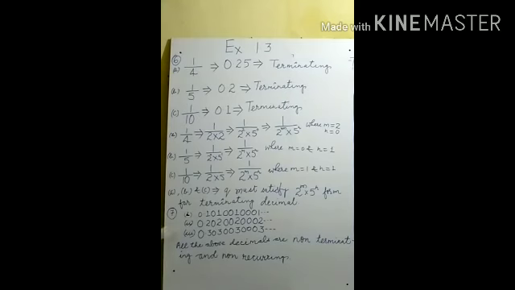If we apply this process, this decimal expression would be non-terminating, non-repeating or non-terminating, non-recurring. So this is the example for non-terminating, non-repeating, and these numbers cannot be expressed in the form of P upon Q. Any number which is not expressed in the form of P by Q is known as an irrational number.